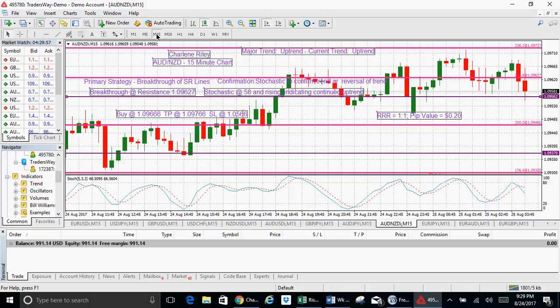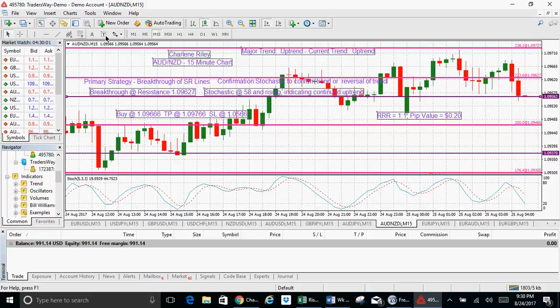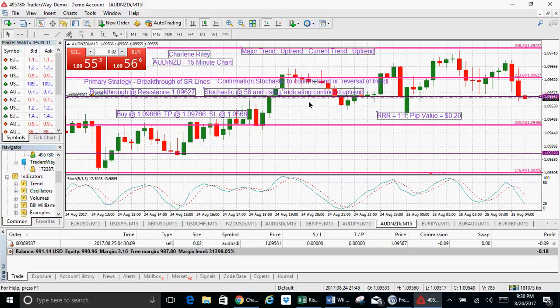And that is carrying over here onto the 15-minute chart. So we have the breakthrough,